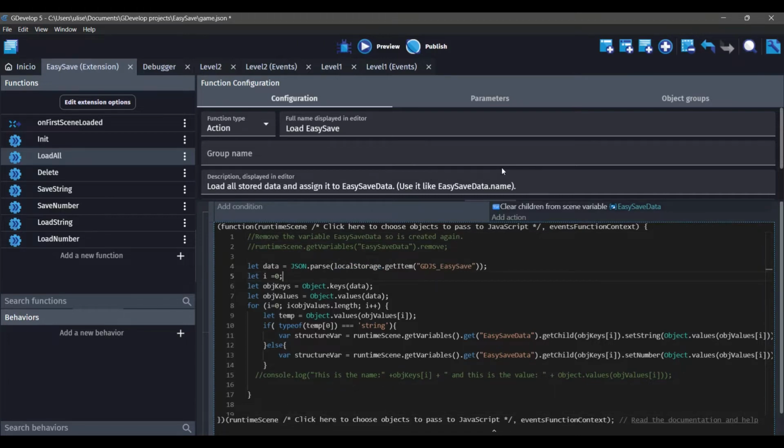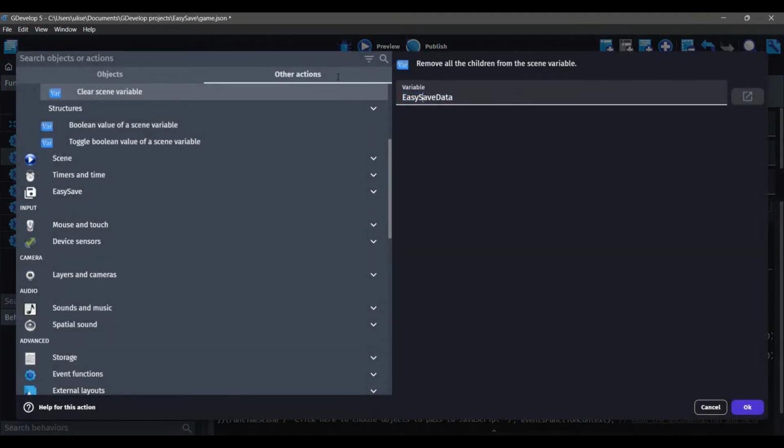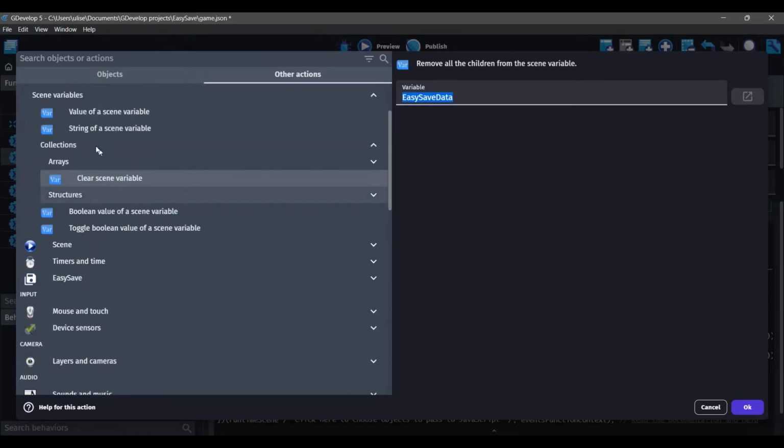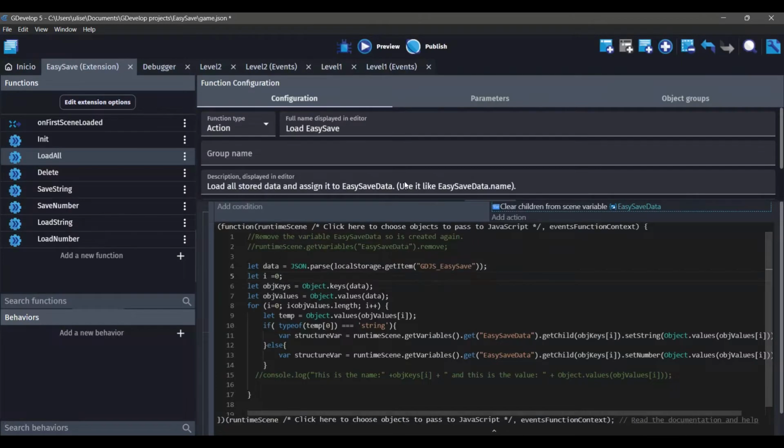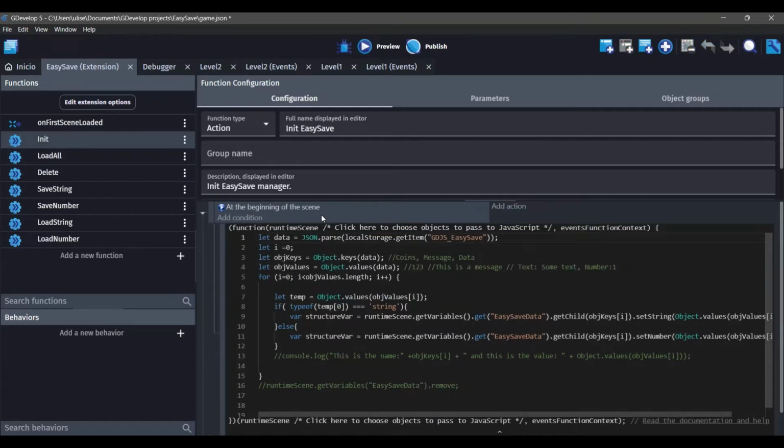So we ensure that this variable doesn't have any child assigned, and the process is the same. If this does not exist, we create it, and in the for we iterate all over the children. Okay,